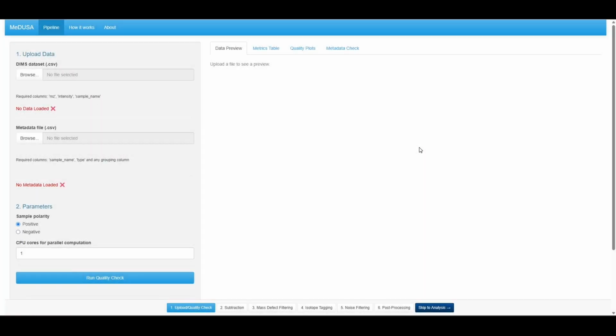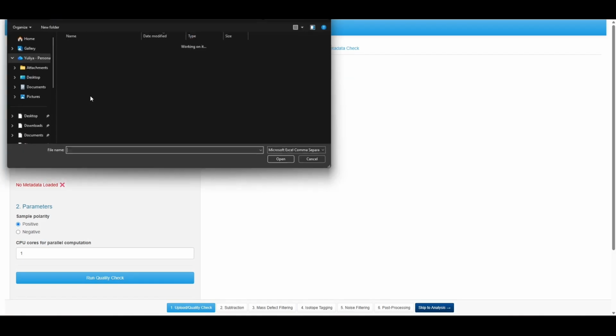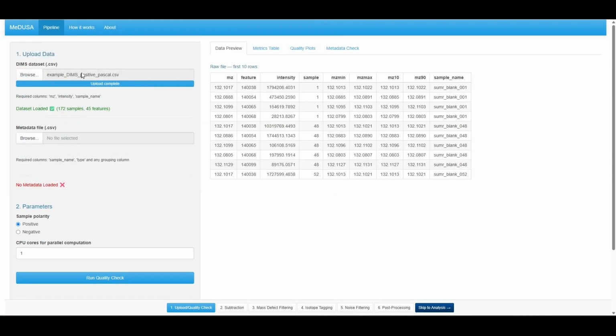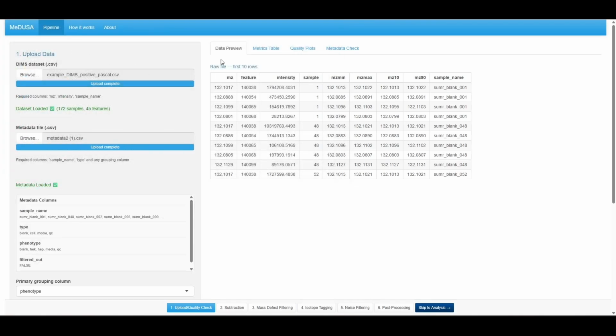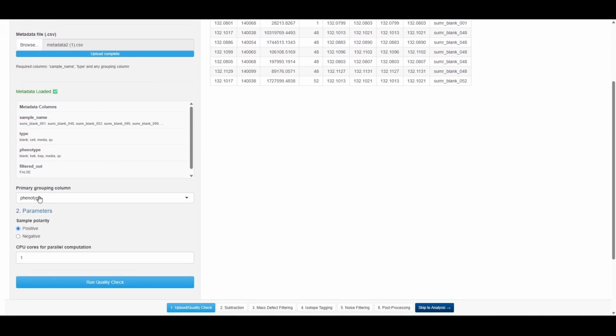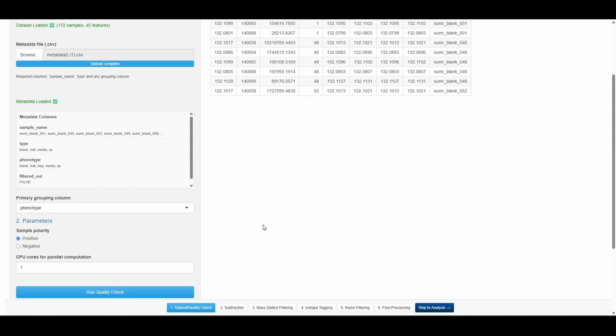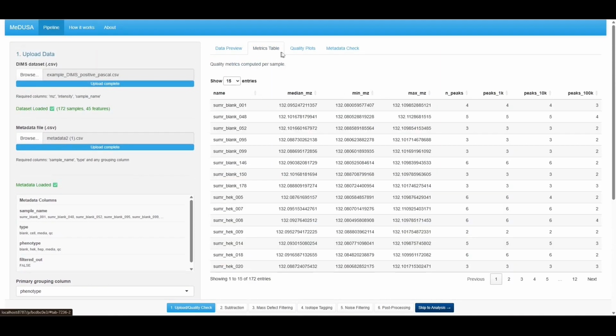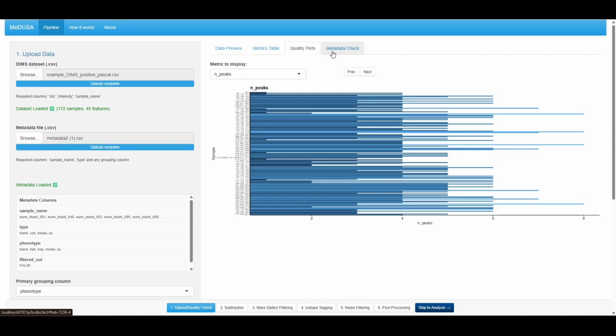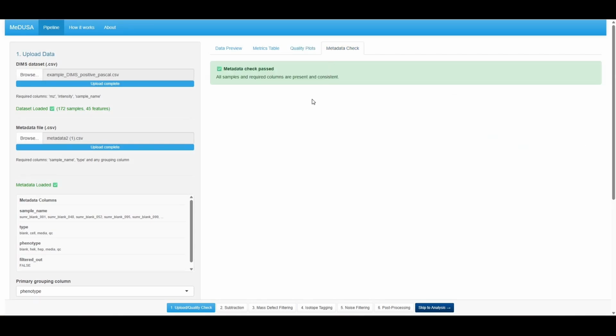This is the first step of the pipeline where users upload and do the quality check of their data. Here they upload their dataset and the metadata file. On the right, they can immediately see the data preview. Further, they can select the grouping column and the polarity of their data, as well as CPU cores, and run the quality check. As a result, they're going to get matrix table, quality plots, and a confirmation that data has passed the quality